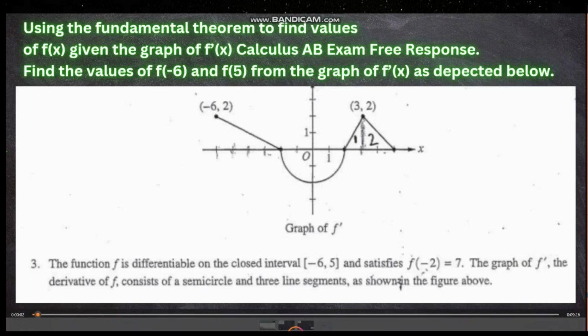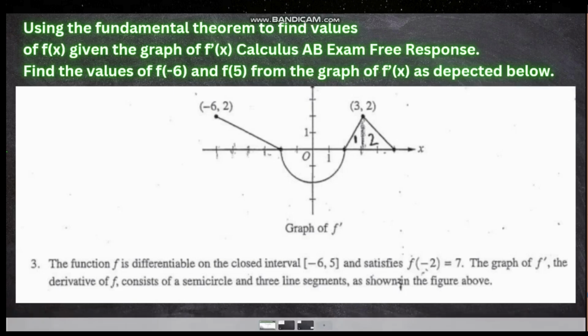Alright guys, we're going to be using the fundamental theorem to find the values of f of x given the graph of f prime of x. It is a calculus AB exam free response. So in this question, given that f is differentiable on the closed interval -6 to 5, we will be